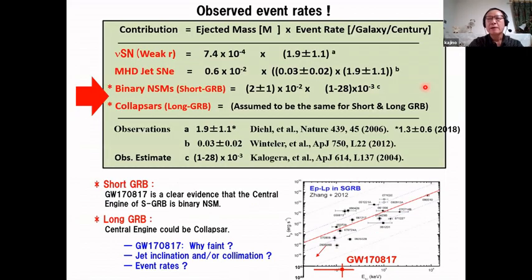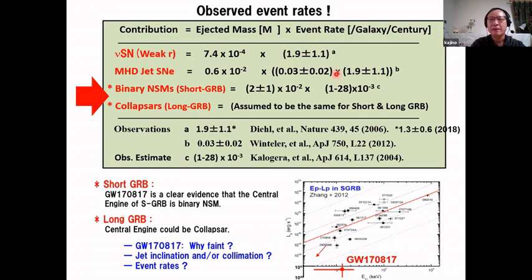The last piece of galactic chemical evolution is how to know the event rate. Very fortunately, for neutrino-driven supernovae, which are the main supernovae, the event rate is known from the observation of aluminum-26 in our Milky Way. Once or twice per century, a supernova exploded. So we can use this event rate. And the event rate times the ejection of the total r-process mass is the contribution of r-process from neutrino-driven wind supernovae. Likewise, MHD jet supernovae are very rare, almost 1% of the ordinary supernova explosion event rate.